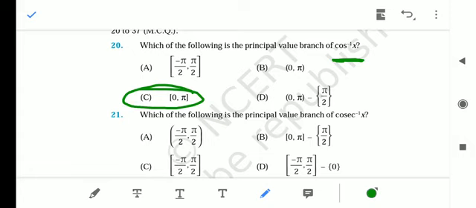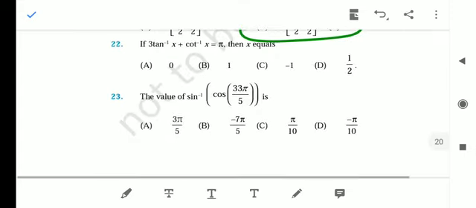What is the principal value branch of cosec inverse x? We know that in case of sin inverse x, tan inverse x and cosec inverse x, the range of the function is minus pi by 2 to plus pi by 2. In case of cosec inverse x, it is not defined at 0, so its answer will be minus pi by 2 to plus pi by 2, and 0 can be taken out of it. So these are the answers; let us see a few more questions.